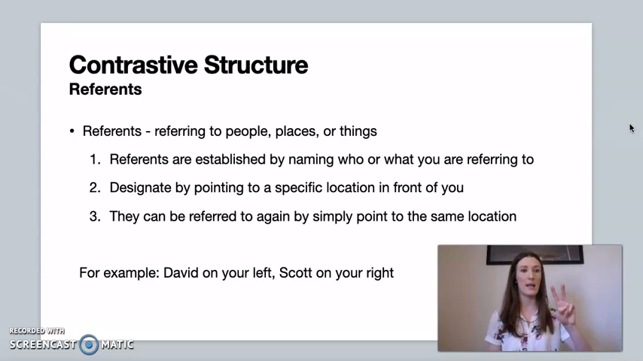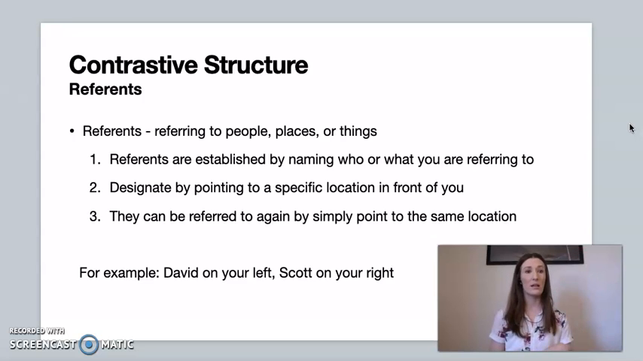So I'm going to say David, and then we're going to designate a specific location for him. My example says on the left, so I'm going to point to my left. That's it. Then I'm going to say Scott, and point to my right. That's it. Now, when I want to talk about Scott, if we're comparing,